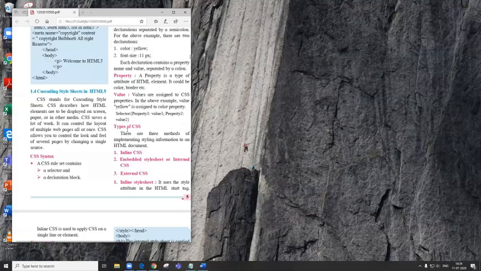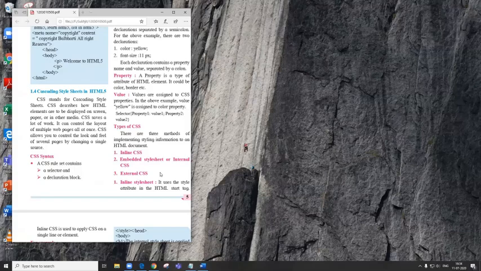Children, there are 3 types of CSS: inline CSS, embedded style sheet or internal CSS, and external CSS. So these 3 types: inline, internal, external CSS. We'll see these 3 types one by one.